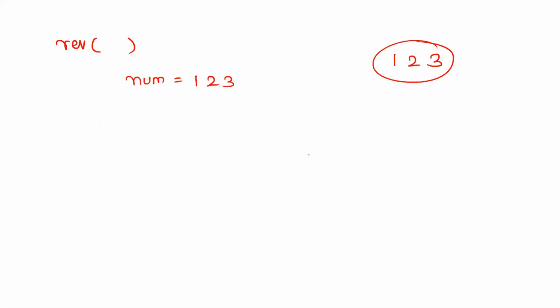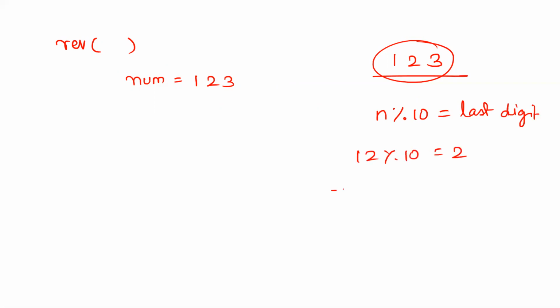I will use the digit extraction concept. I am giving you two results. The first result is, if we mod any number with 10, we will get the last digit. I can also show you proof. If we have 12, if we do mod 10, it will give us 2. If we have 499, if we do mod 10, it will give us 9. Why is it giving us 9? Because it is giving us the remainder.